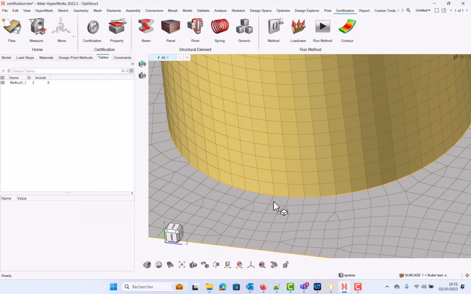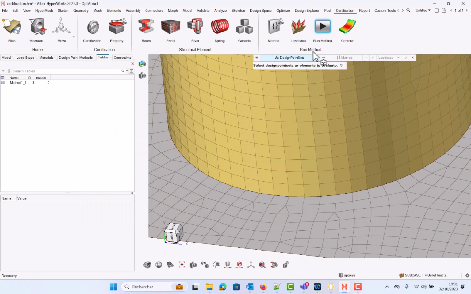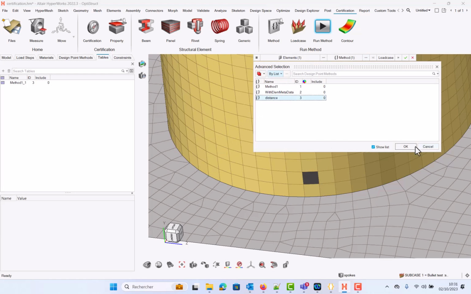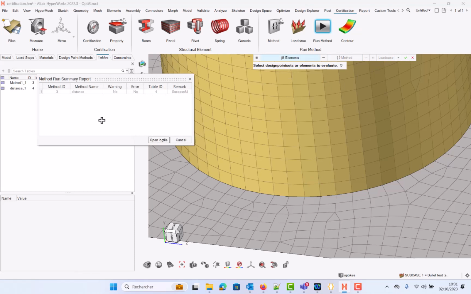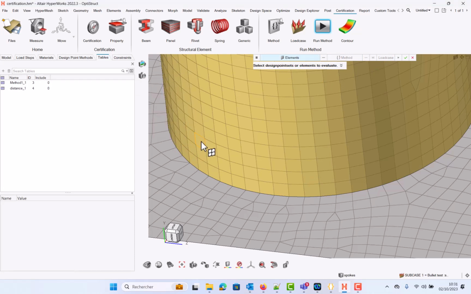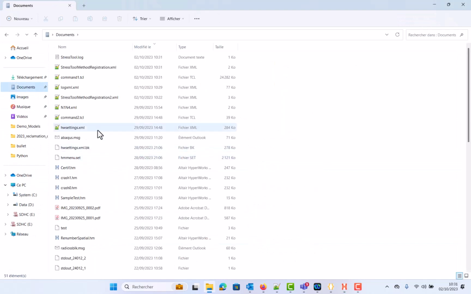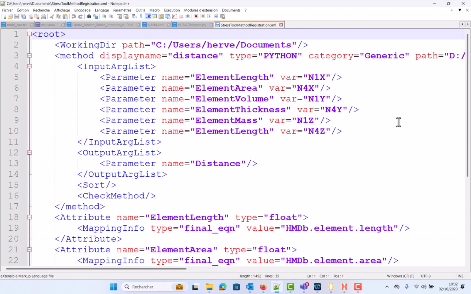And create it. Now just let's go to run method, select at least one element, select your method, distance, okay, and hit run. So the method runs successfully. What do I do with this? In fact, what occurs behind the scene when you run the method? If you go to my documents, you have a file which is called stress tool method registration.xml, which is populated. And if you look at it, you see that